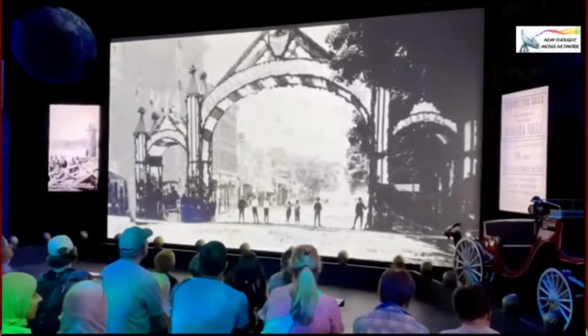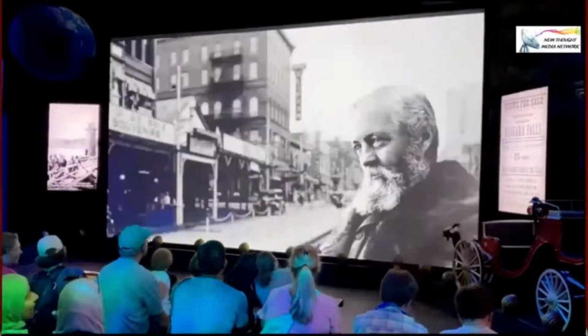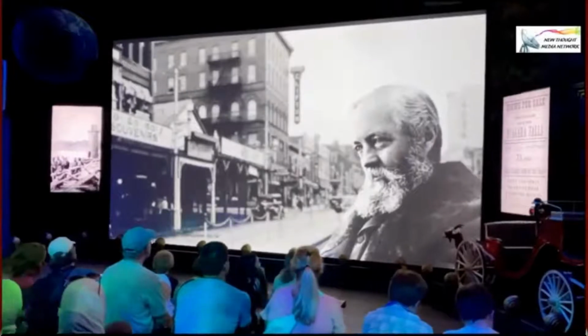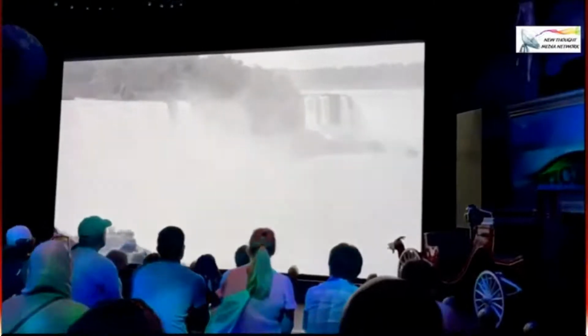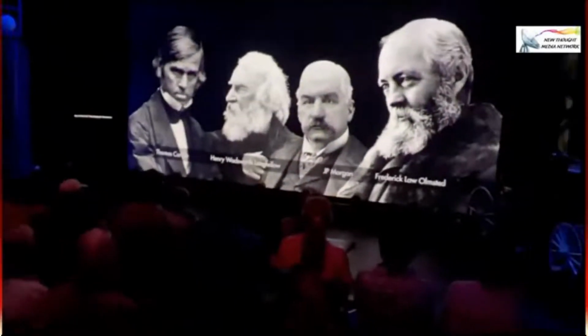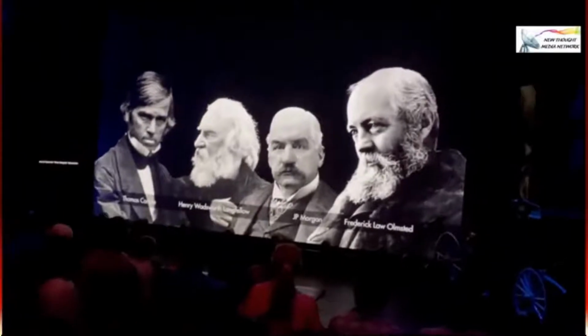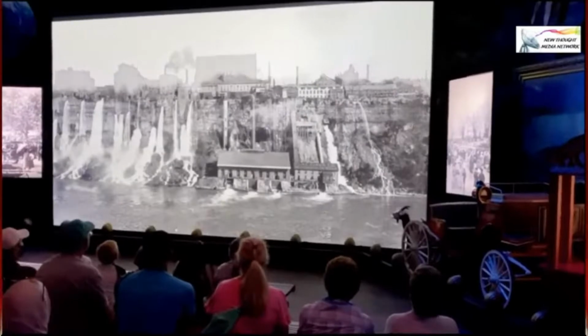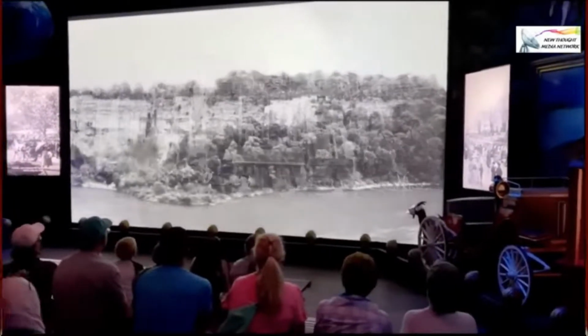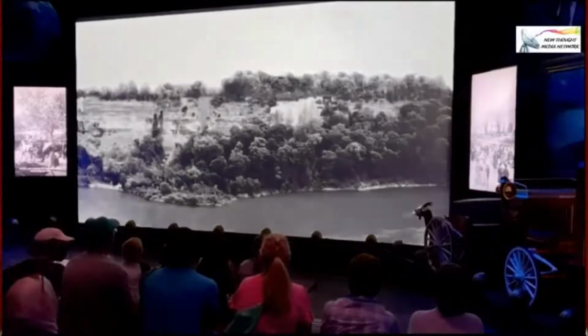Into this world of carnival hucksters and dilapidated mills walks Frederick Law Olmsted, renowned landscape architect. How can something so beautiful be so desecrated? Olmsted gathers together the most prominent academics, businessmen, and politicians of the day to form the Free Niagara movement. It is a bold vision because it means tearing down factories, buying back land from private owners, and restoring the original landscape surrounding the falls.